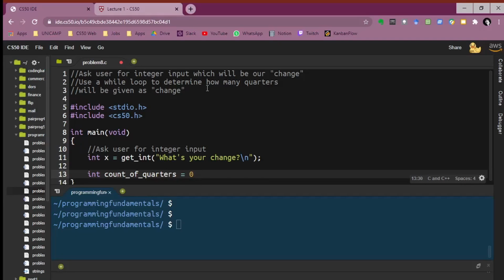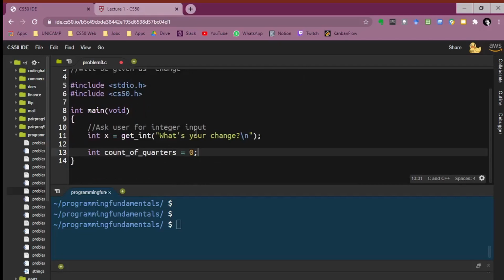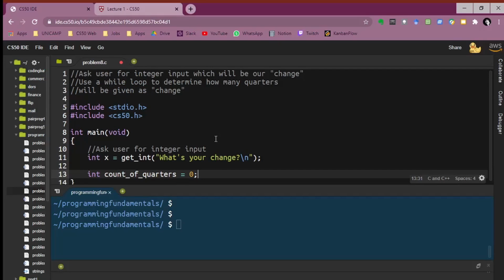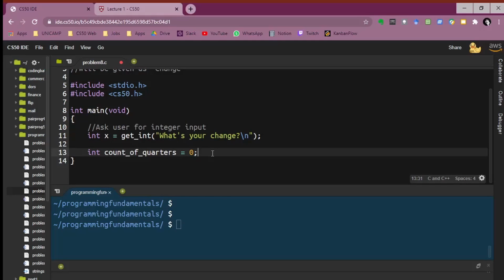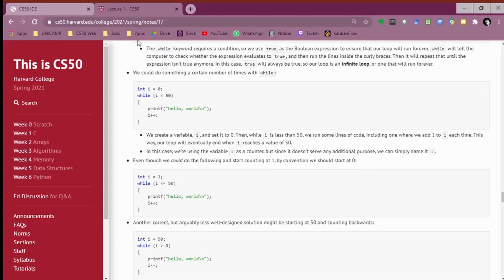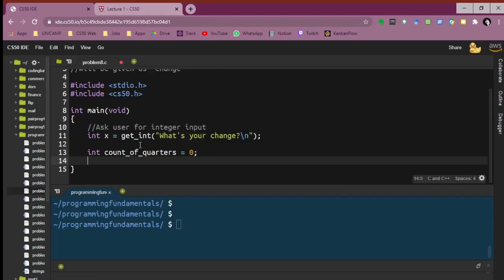And we're going to initialize it to 0 because we want to count how many we're going to give as change. So for now we're going to return 0. We're going to know how many we're going to return when we do this while loop that we're going to do now, okay? So we don't need to create this i here because we're going to use our x variable